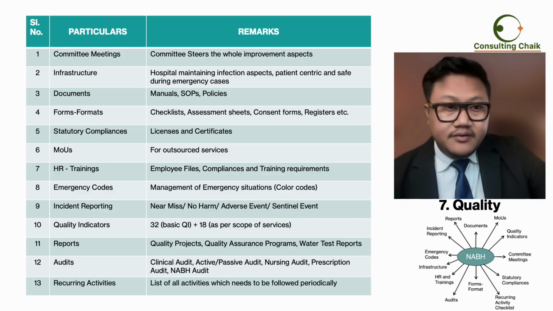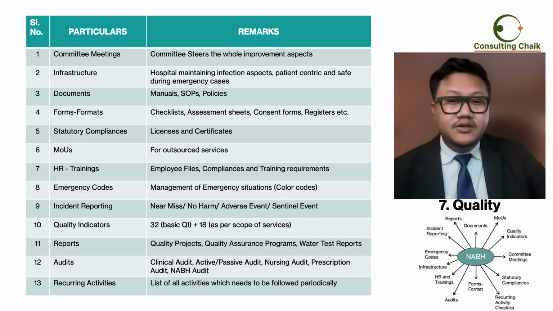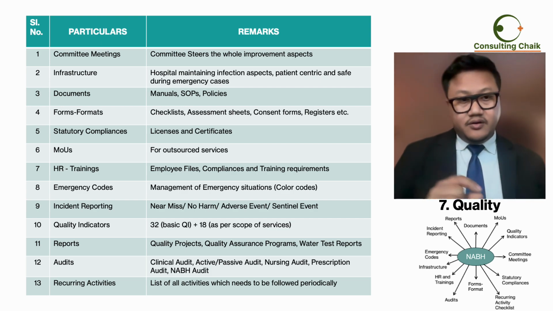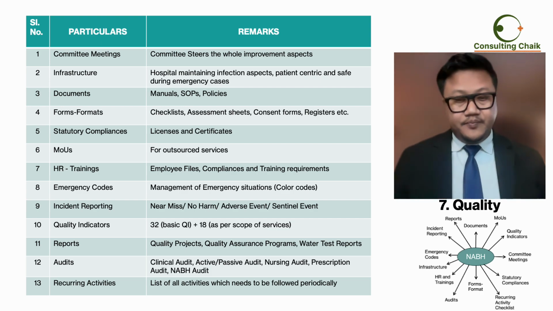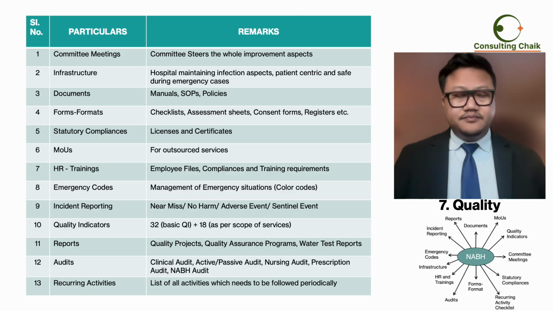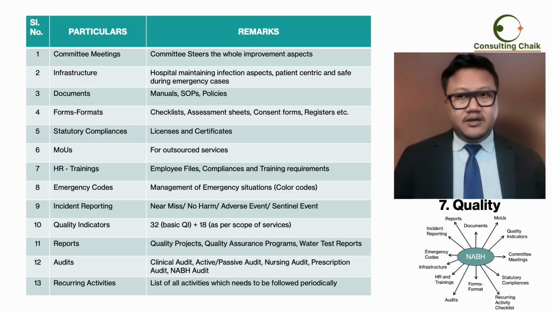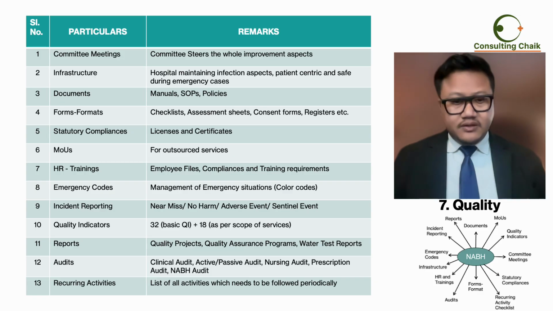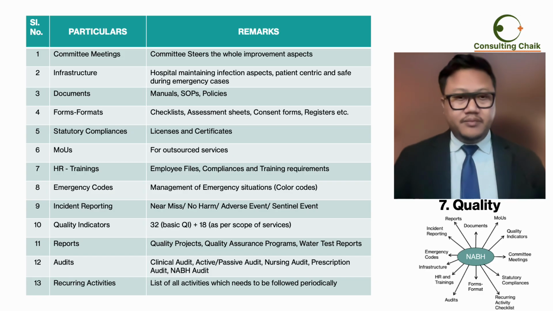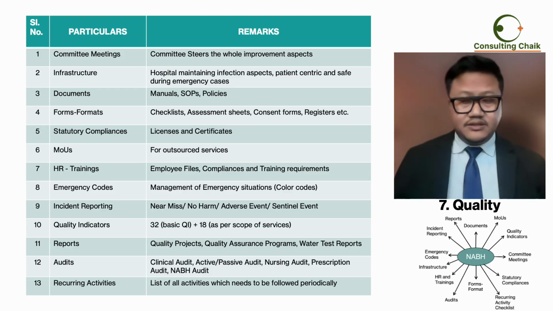Okay, so quality will start with the committee meetings. You have your organogram. In the organogram, your committees should also be there. What are committees? Committees make sure that everything about the operations and quality is taking place and the hospital is going in the right direction all together. You have a lot of committees like your drug and therapeutic committee, infection control committee, medical record committee, condemnation committee, mortality committee, code blue committee, a lot of committees.